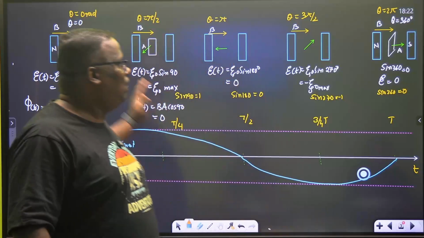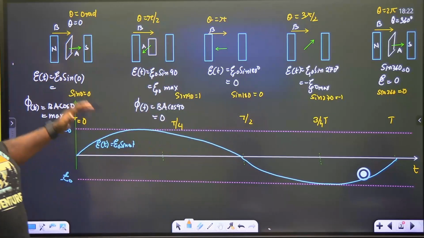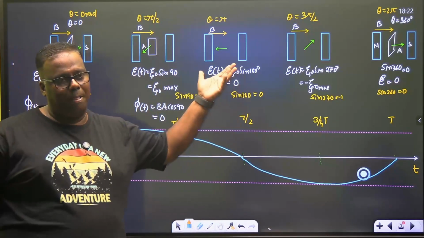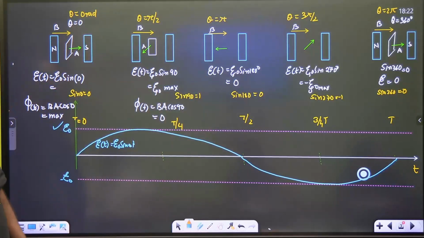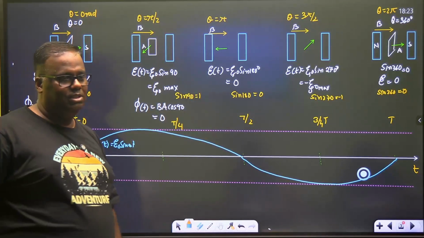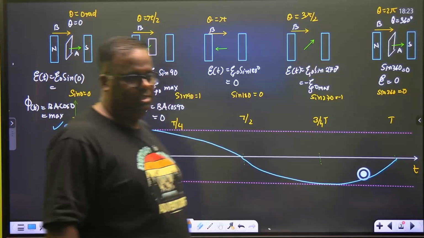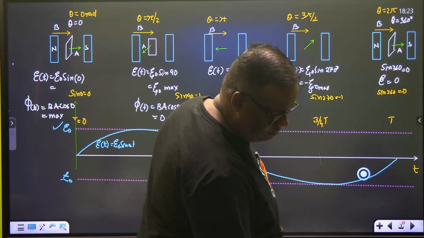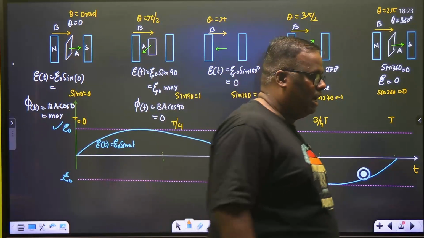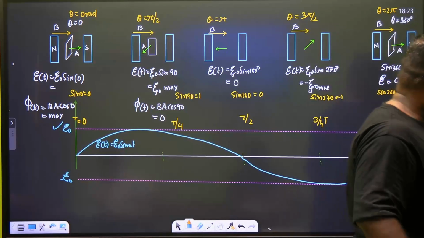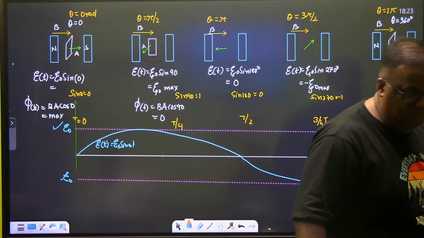So whenever the flux is coming down, every time flux comes down, the EMF builds up. And whenever the flux builds up, the EMF comes down. Clear? That's all. Start doing your practicals, your problems, so that